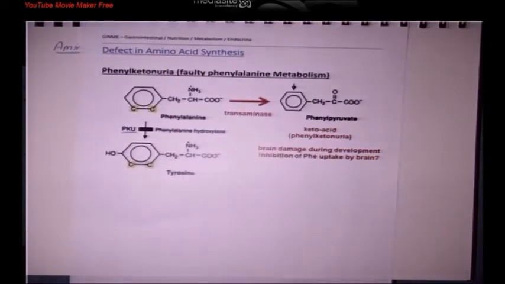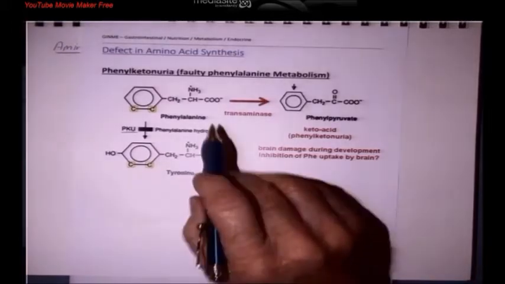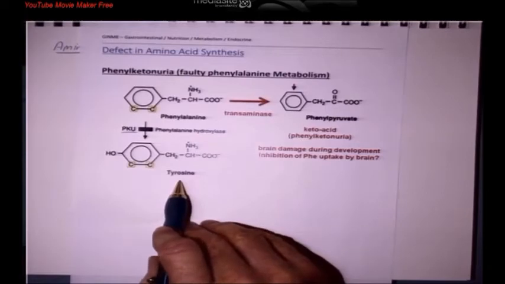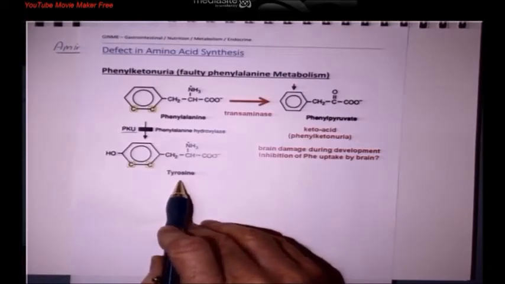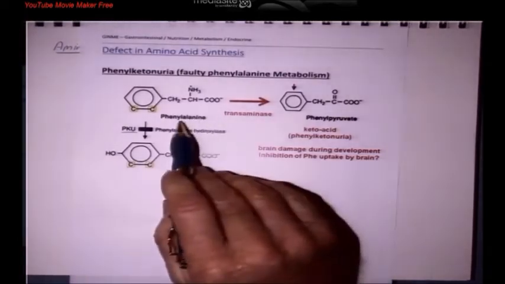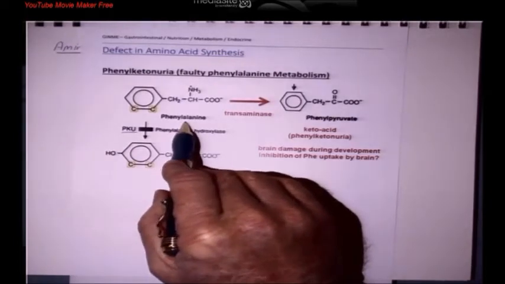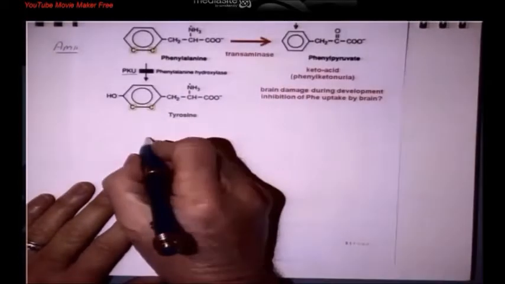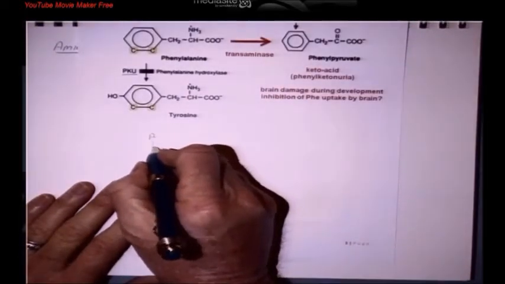Now, the problem with this is that we cannot obtain our tyrosine from biosynthetic measures, so we have to get it from our diet. But worse than that is that we have a buildup. So this is exactly the kind of pattern that we've seen in all of our other reactions, both normal and pathologic. So in normal reactions, if we have biochemical reactions doing this,